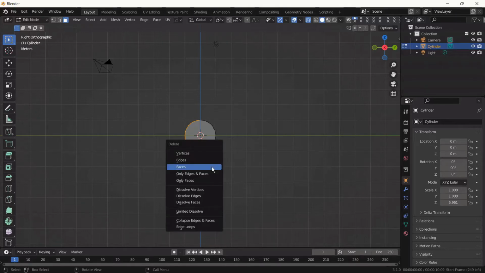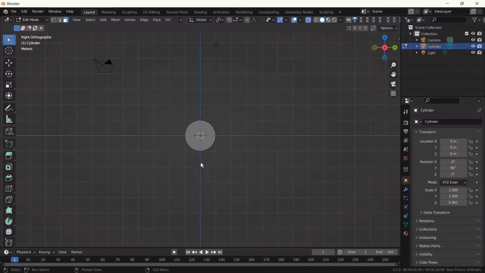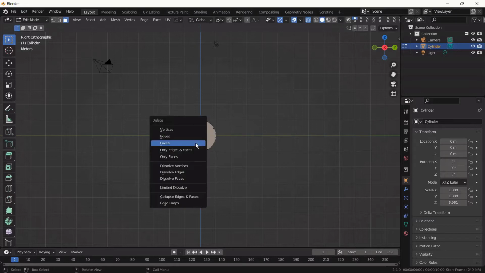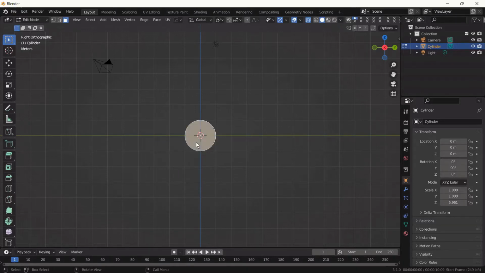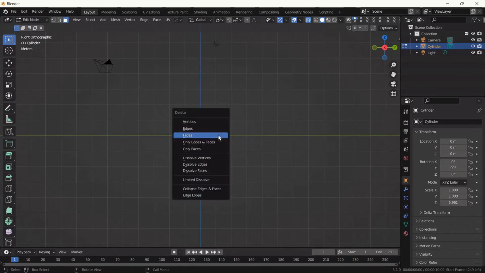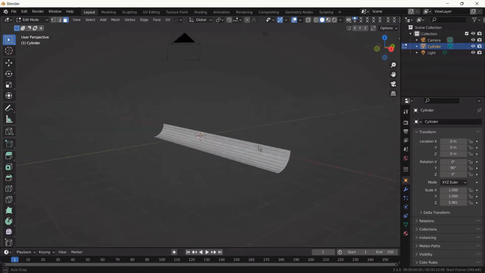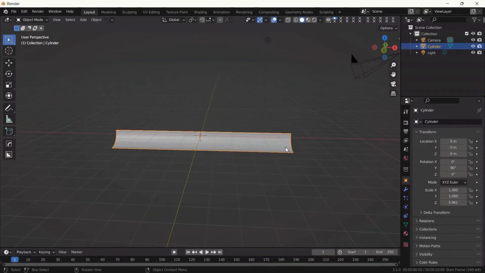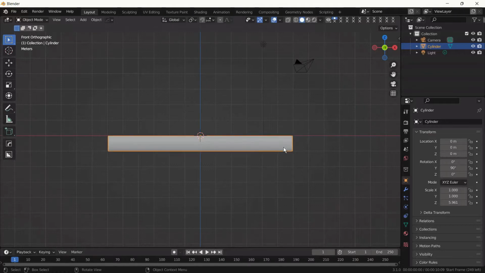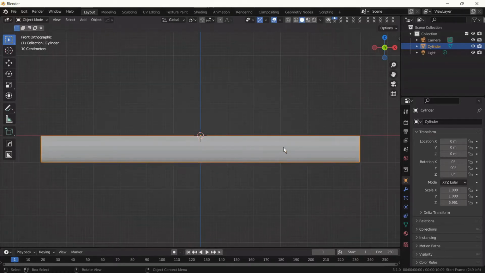and we start deleting faces. First the half of the cylinder vertically, then the top quarter of the cylinder. Also we don't need the top and bottom surfaces, so we can delete them. Yeah, we have the bent piece,